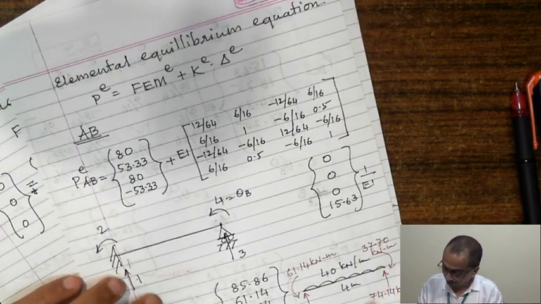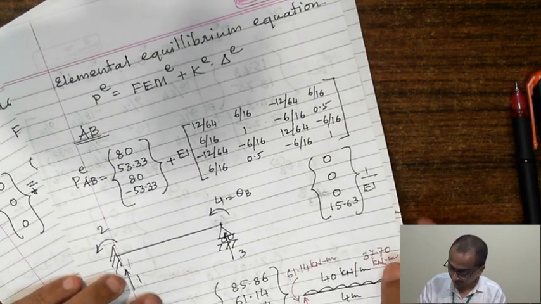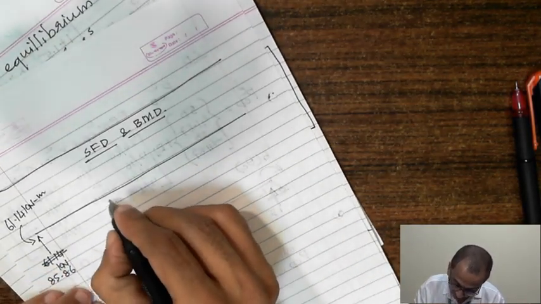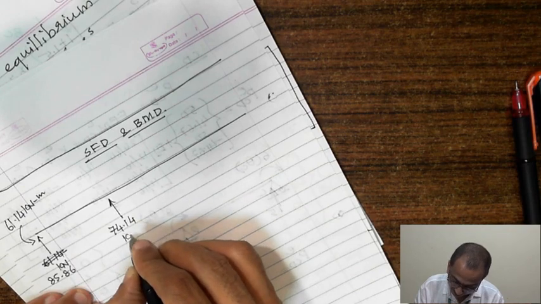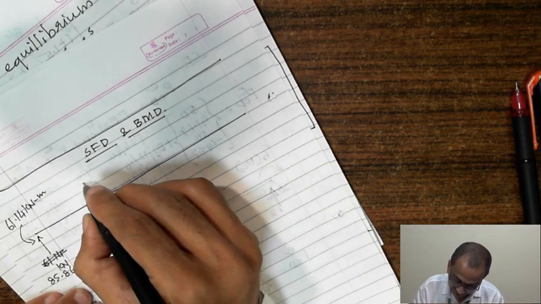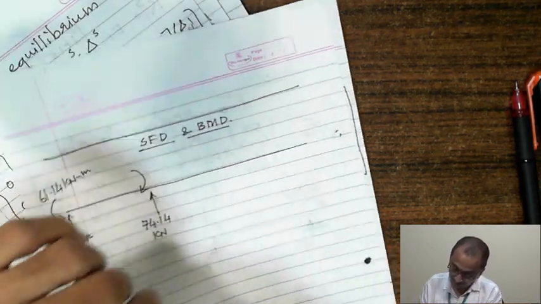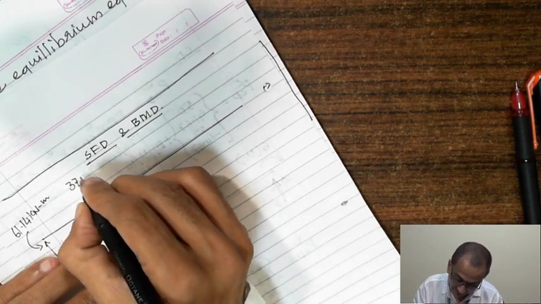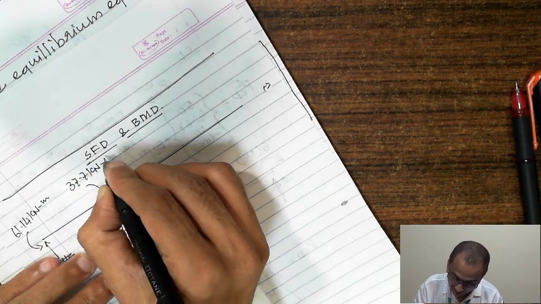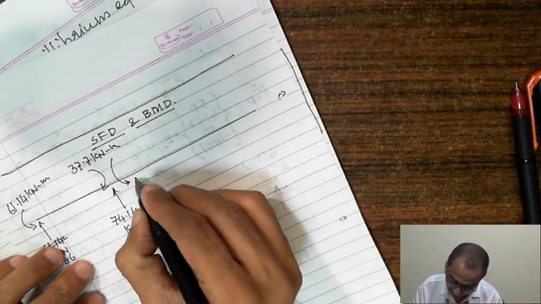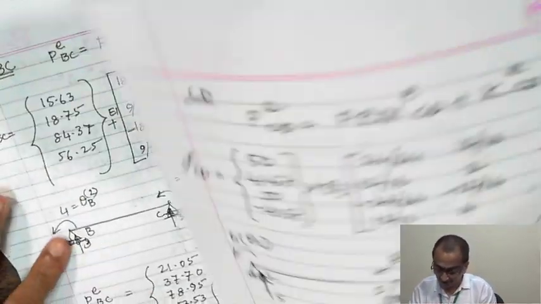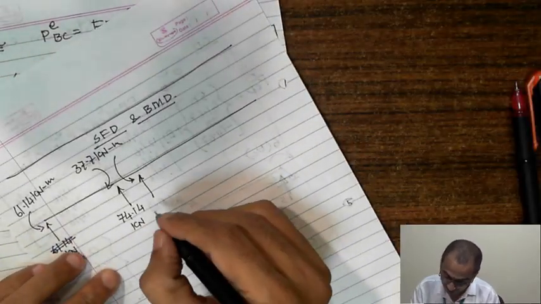This is 74.14 and 37.7. 74.14 kilonewton and 37.7 kilonewton meters. This is also 37.7 kilonewton meters, but the reaction at BC already calculated is 21.05